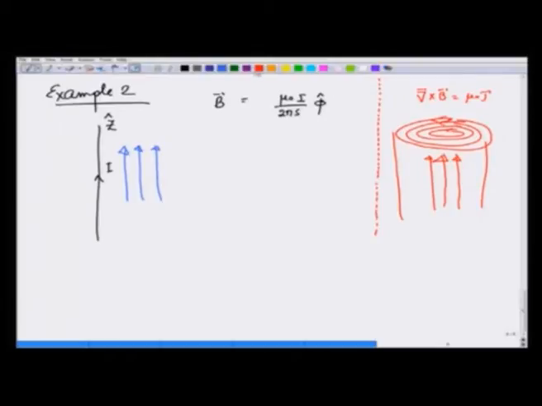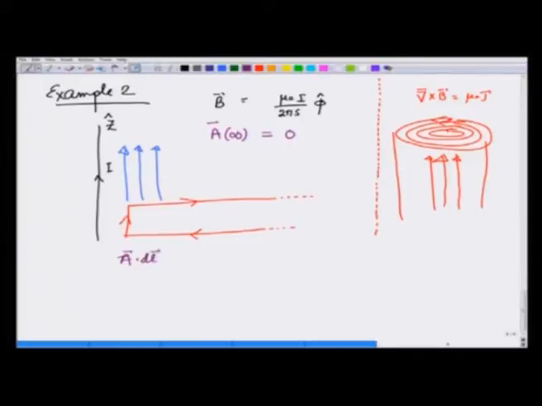And therefore, I choose a path which is going like this and goes all the way to infinity and closes there. Of course, then I am going to assume that A at infinity is 0. If I choose this path and now apply Stokes' theorem, it gives me